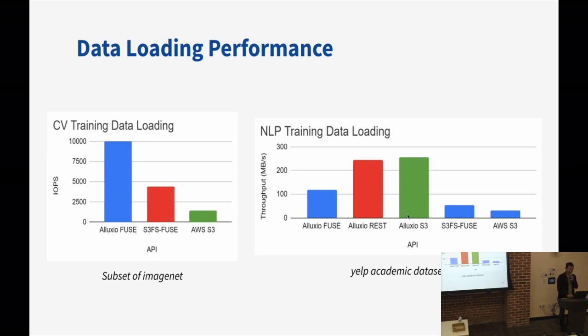We can also see by using... okay, here's the tricky part. The Alluxio FUSE provides the POSIX API, which means they can mount the data just like a local folder. The POSIX is just an interface for Linux files. It looks like if you're using the terminal cp, rm, it's the POSIX API. But we can see for the POSIX API, the throughput is, I think, less than 50% of using the RESTful API, the Alluxio S3 API.